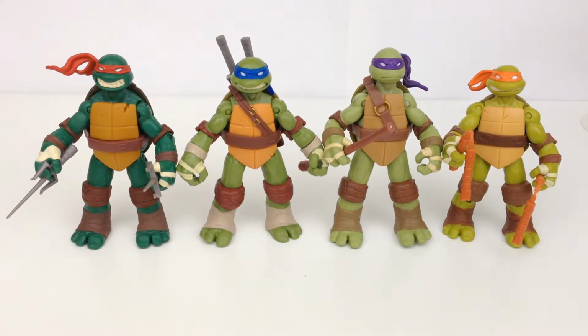So they just look great, they feel great, they're cheap, and you can pose them however you want with awesome articulation. So there's not really much more to say apart from the fact that you really should buy these because your kids are going to love them. If you are a kid, you're going to love playing with them. If you're a collector like me that grew up with different cartoons of the Turtles, you're still going to love them